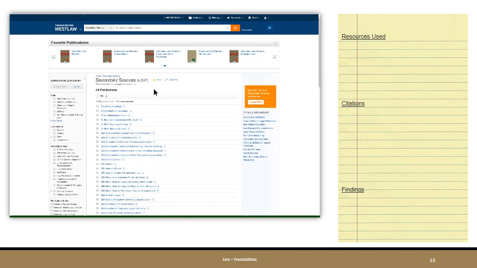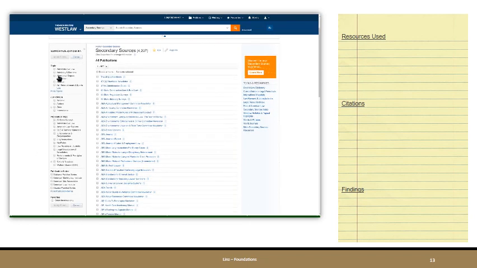In fact, it's 4,297 of these resources. What we can use though are these narrowing filters on the left-hand side of the page, and we notice that in addition to topic and jurisdiction, we see one for publication type. We see the American Law Reports. This would be a way we could go search for American Law Reports, but for us, we want to look for now for jurisprudence and encyclopedias, and then apply the filter.